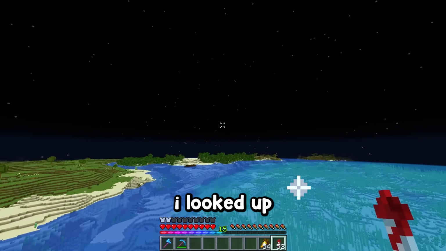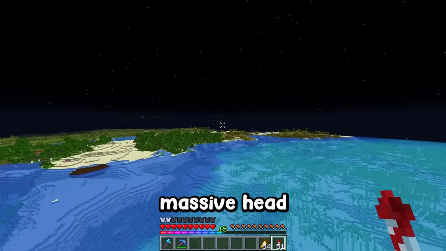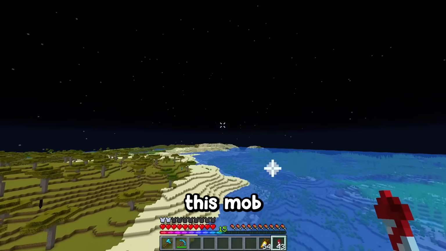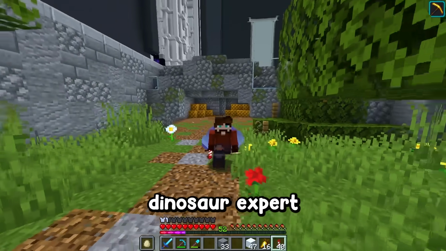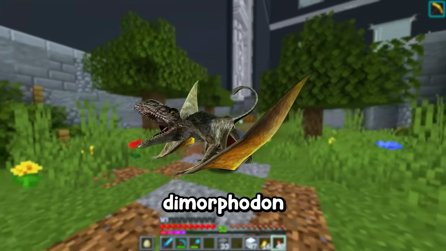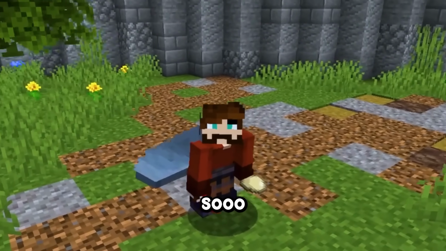While I'm looking for them, I looked up some facts on this mob, and like the Triceratops, it has a massive head compared to the rest of its body. I wonder if that's just a dinosaur trait. And while this mob has wings, it's not a great flyer, and relies more on climbing. Now, unless you're a dinosaur expert, I highly doubt you would have guessed the mob I'm talking about, which is the Dimorphodon. I think I'm saying that right, although I don't even know, just heard about it yesterday, so don't